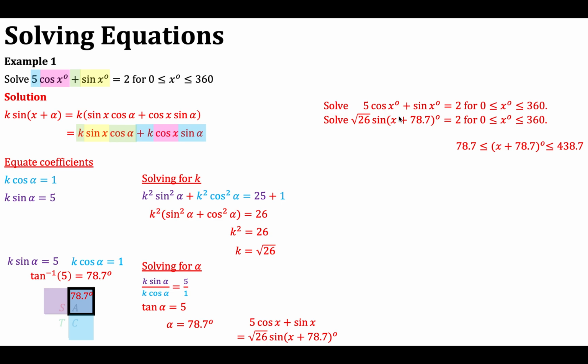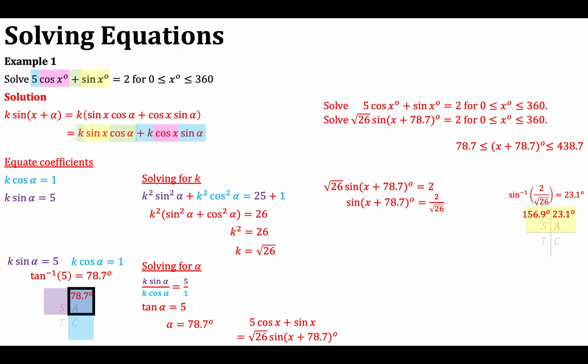So back to my equation then, I'm going to divide throughout by root 26. That gives me sine of x plus 78.7 is equal to 2 over root 26. I can see that this is positive, so in my cast diagram my answers will come from the first and second quadrants. So inverse sine of 2 over root 26 is equal to 23.1 degrees. So you can see in my first quadrant I've got the answer of 23.1. The second quadrant, 180 minus 23.1 is